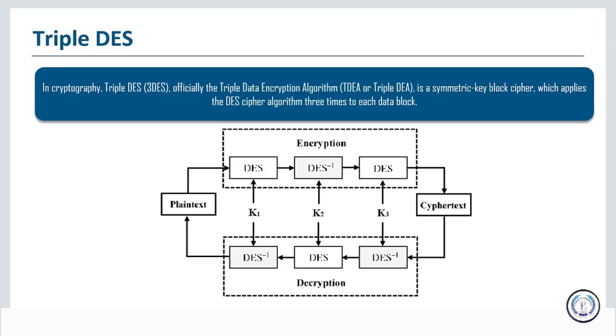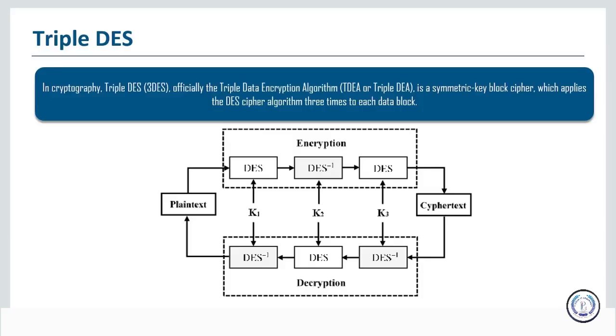But it doesn't really yield a 168-bit key size, because effectively it's 56-bit keys being used three times. So in effect, you could say that it's a 168-bit key, but it is not the same strength, because people realized that triple DES can be broken if DES can be broken. You can do the same thing three times with whatever keys you use. It just takes longer to decrypt if you don't know the key and are just using a brute force attack.